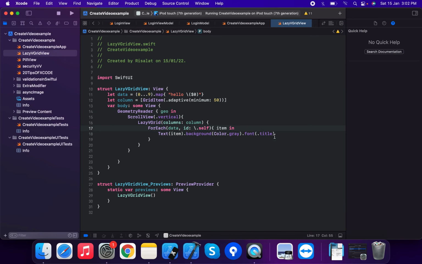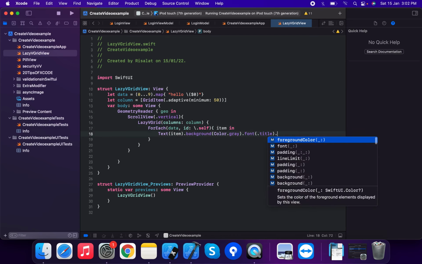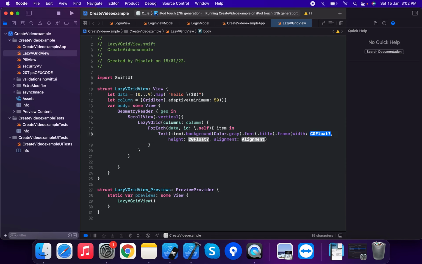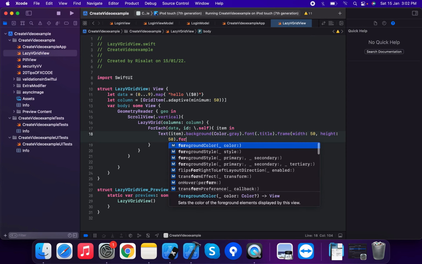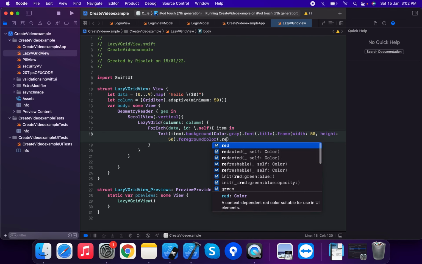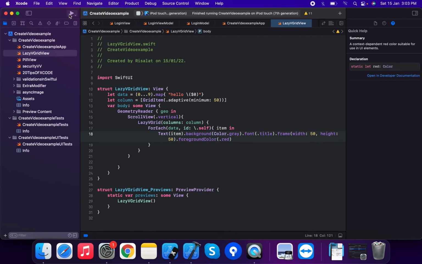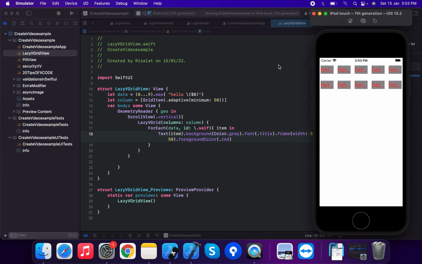In this item we apply a frame of 15 by 15. We remove the alignment, add the gray background color, and a foreground color of red. Now we're going to run this application. These are 9 items created with red color and background color.